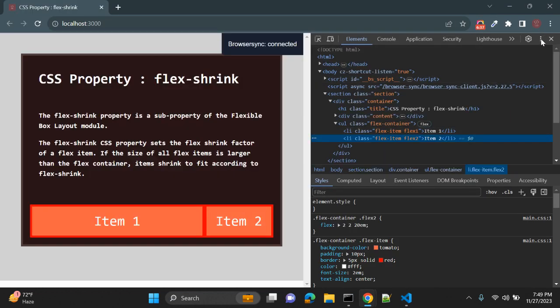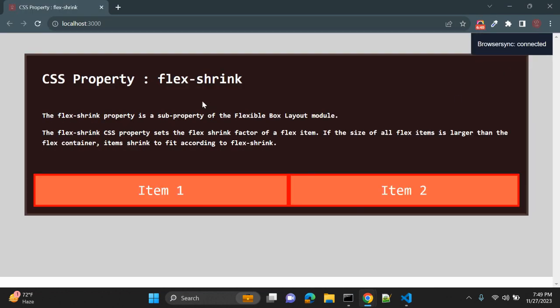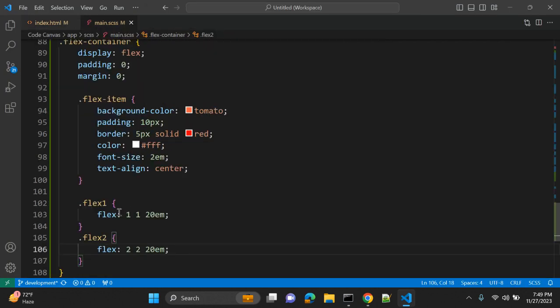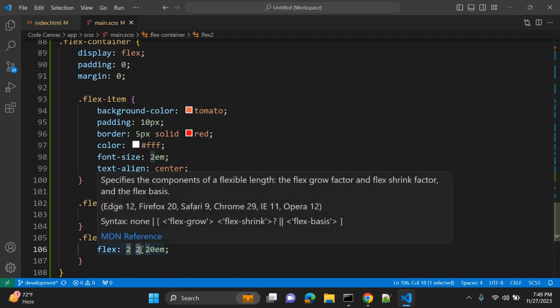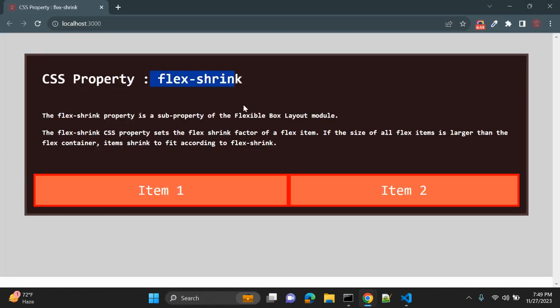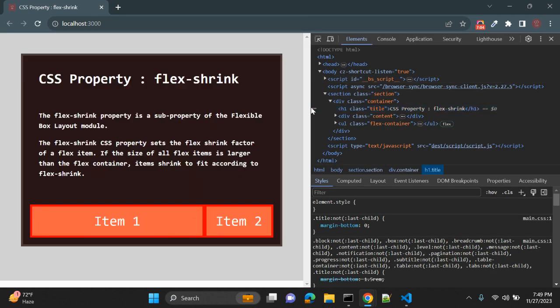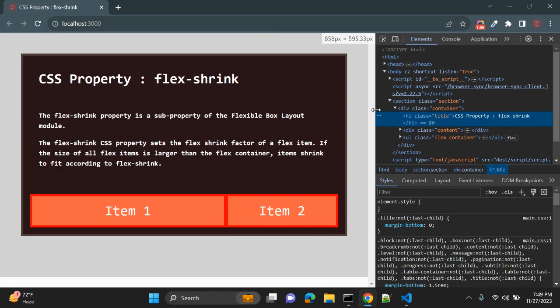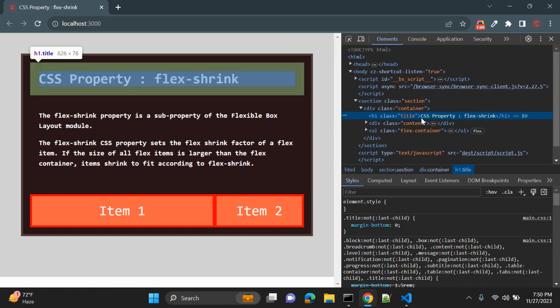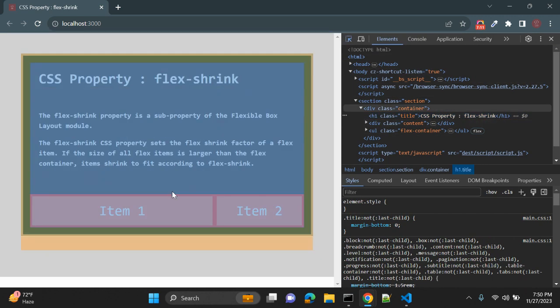Now, when you check in a big browser, when your screen width is bigger, on desktop for example, or a wider screen, you will not see any difference because of this second parameter, that is flex shrink. But once you start changing the width or resize your browser window, you can see this first item, item 1,